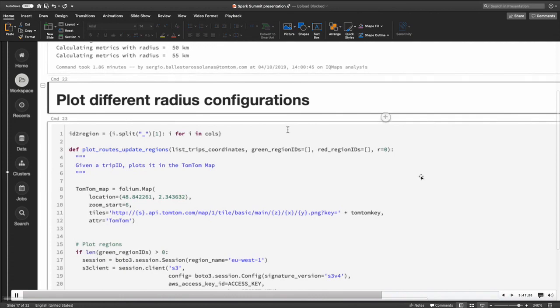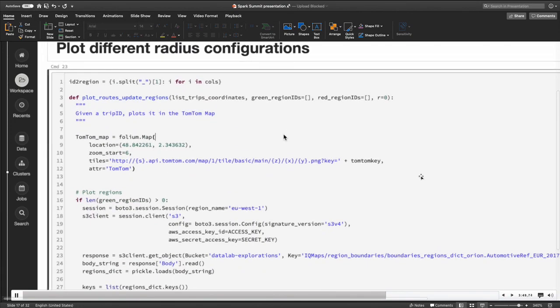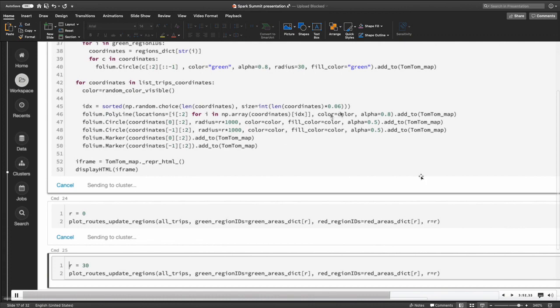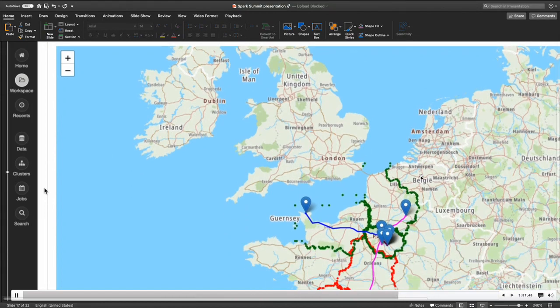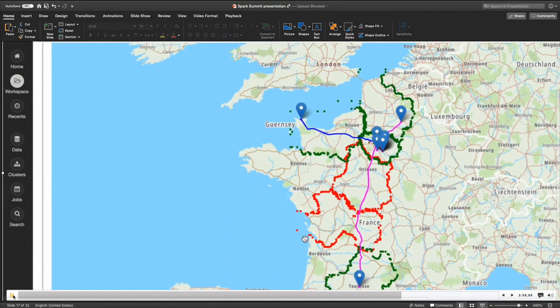If we visualize this again on the map, for a radius of 0 kilometers, this is how it looks. So the region where the user lives and probably works is always being updated. And at the end of the month, this region in the north and this other region, and this region also in the south have been updated. But these two regions where the user was driving through were never updated with a strategy of 0 kilometers radius,